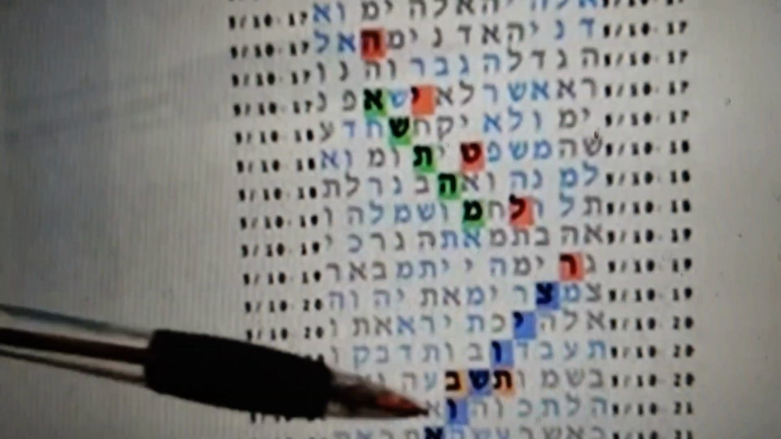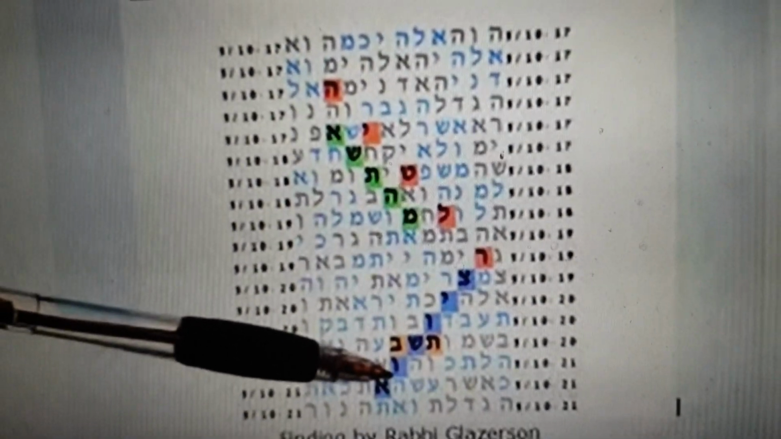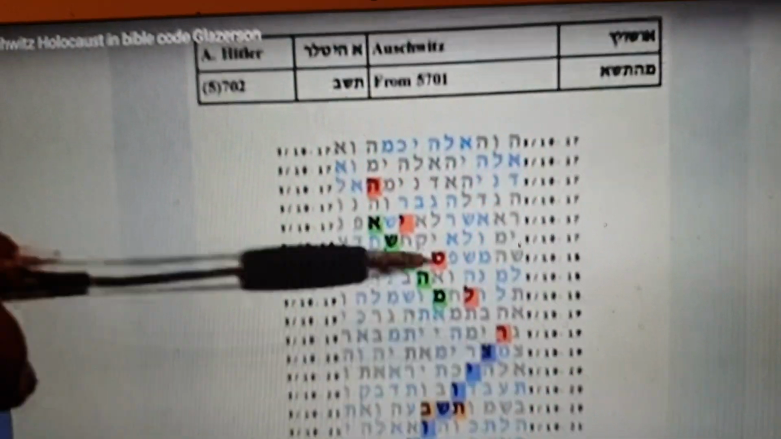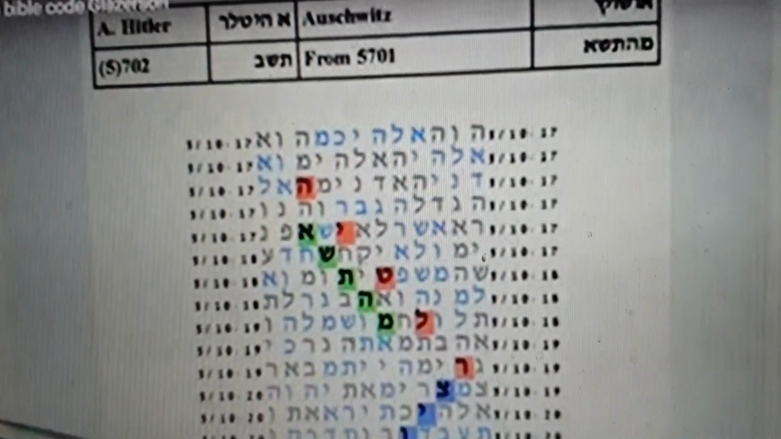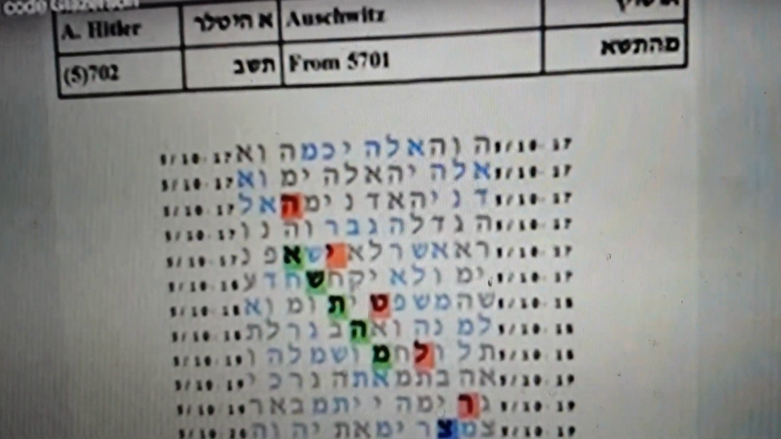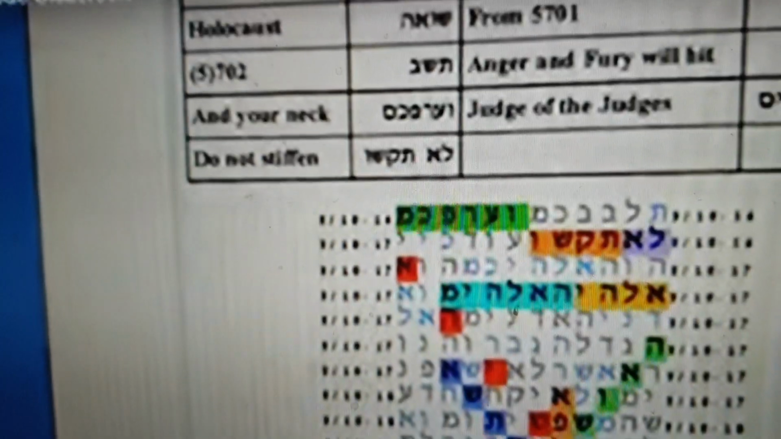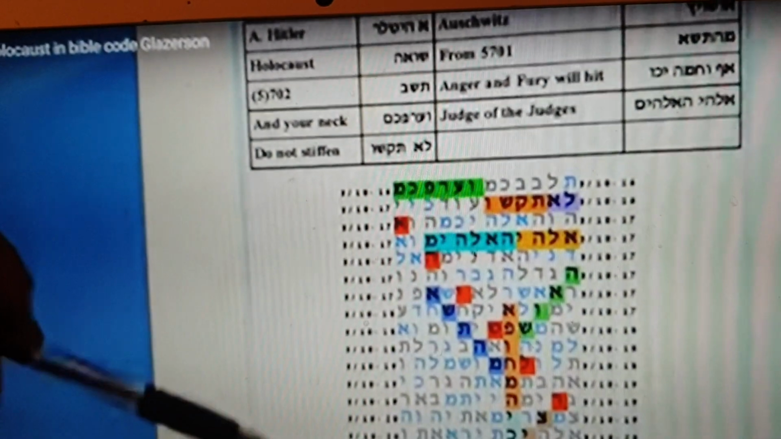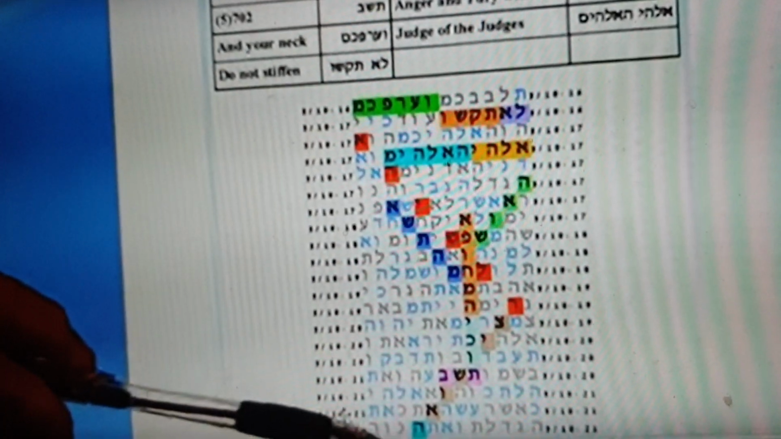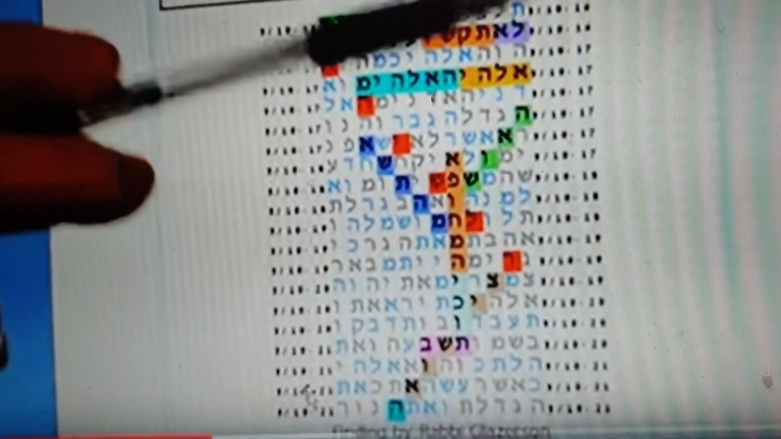5702. But coming all together with the finding of Dr. Katz: Auschwitz, Holocaust, Hitler, and dates when it started. So this is really the second stage, adding to the table of Dr. Katz. And this is an additional one which I found, you can see here, found by Glazerson, I found it, and